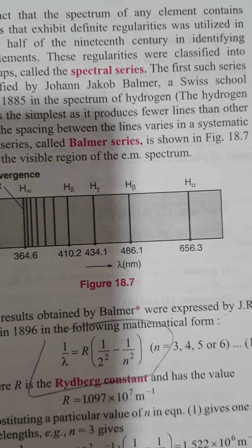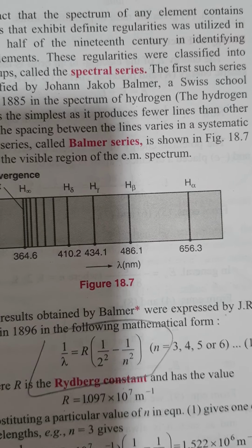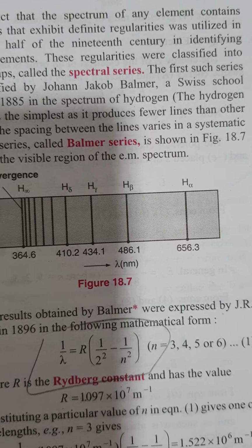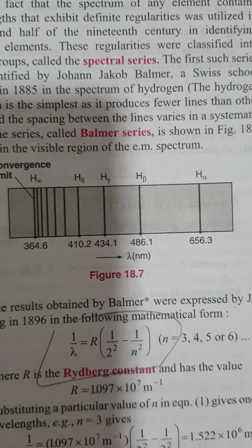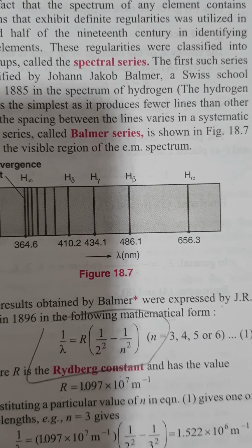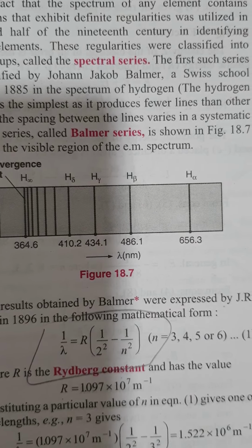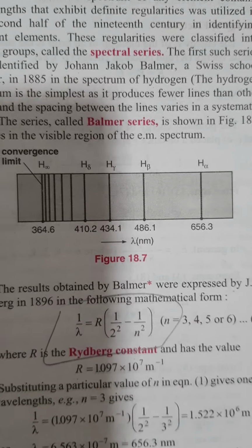What he observed is that particular lines are seen, at particular wavelengths, and he called this the Balmer series, and the longest